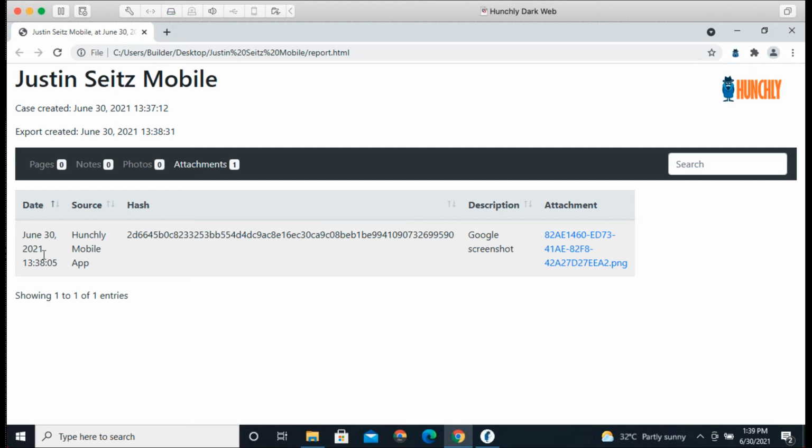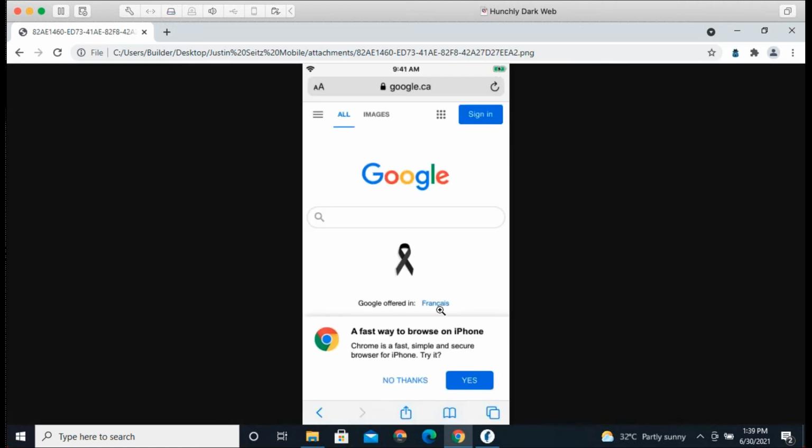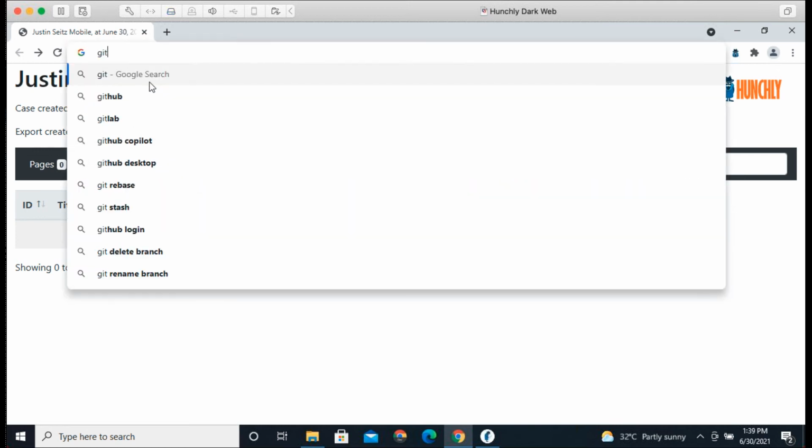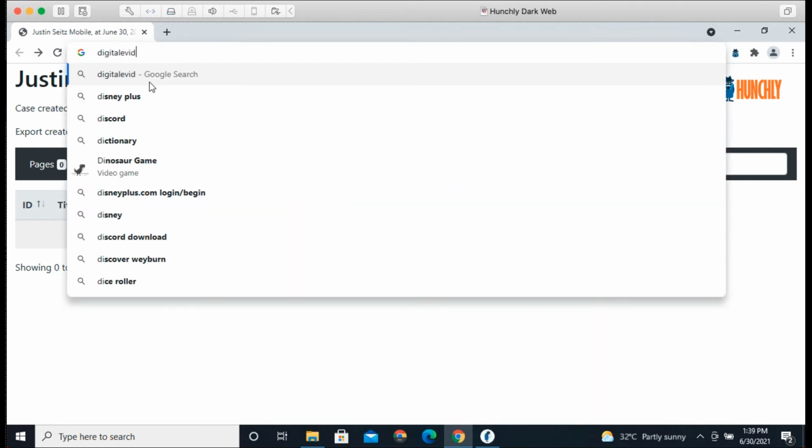You have a timestamp of when they added it. It came in from the Hunchly Mobile app. You've got a hash of the file, a description of what it is, plus the file itself that you can view, okay? Now, this is super useful, and we also have a website that's just